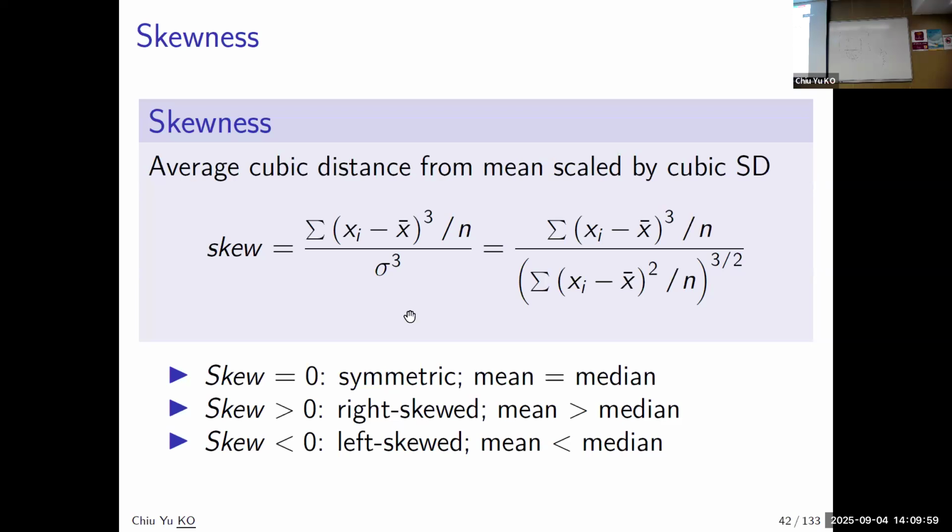And why raise to the power 3? As you suggest, negative, positive, right? You raise to the power 3, things will not cancel out, right? Because a larger number gets very large. A smaller number doesn't get so small, right? When they're close to the mean, the power 3 is very small. But if you're far away from that, raised to the power 3 will be very large, right? So if the data is not symmetric about the mean,